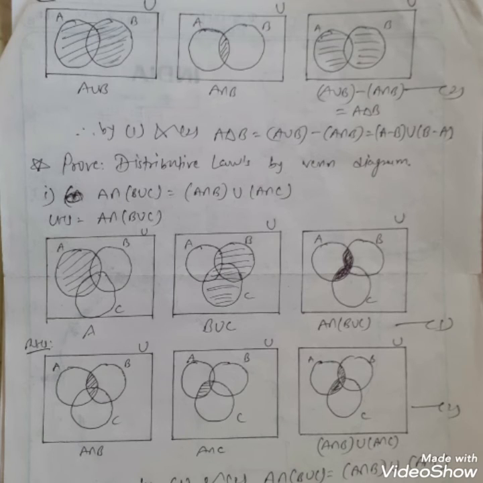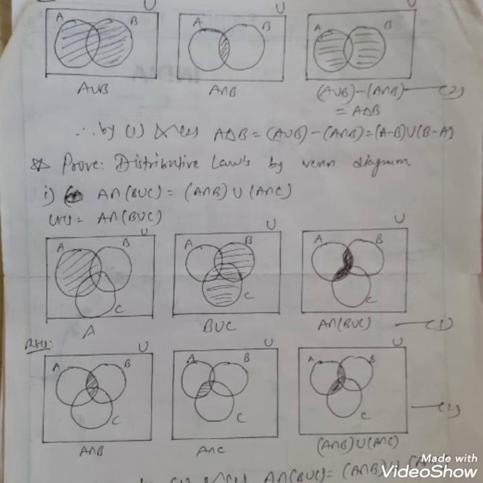Now we have to prove the symmetric difference set by the Venn diagram. So here symmetric difference set, we know that it is A difference B union B difference A. We had already seen the Venn diagram of A difference B and B difference A and the union of them. Now here we can take the union of A and B,